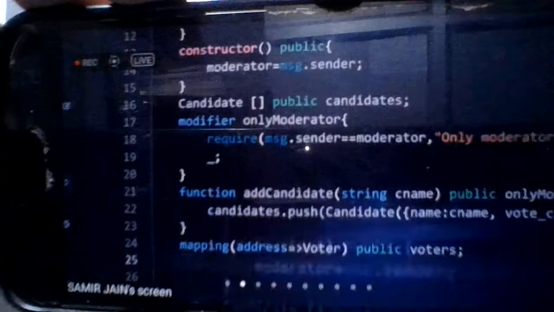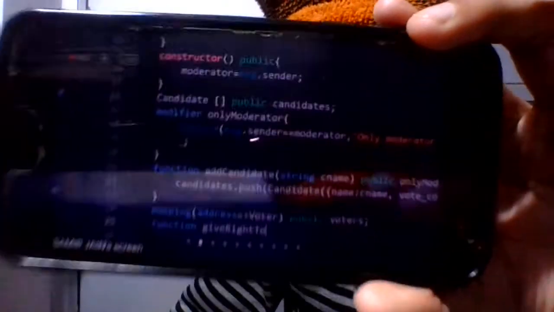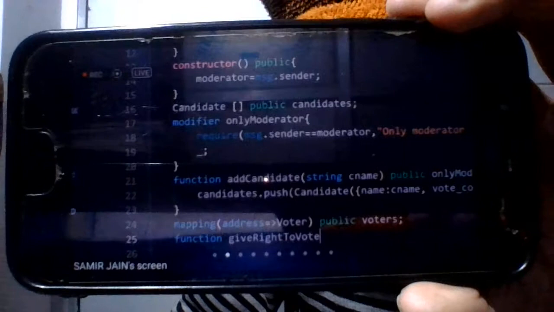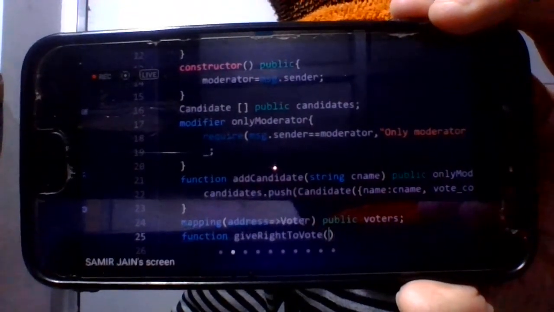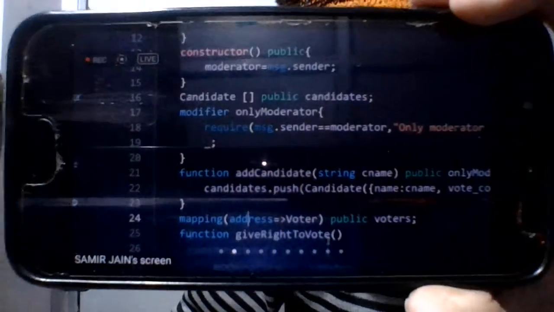Okay. So I'm now writing this. Function give right to vote. Now whom am I giving the right to vote? So there should be a voter. And a voter is accessed by some address.